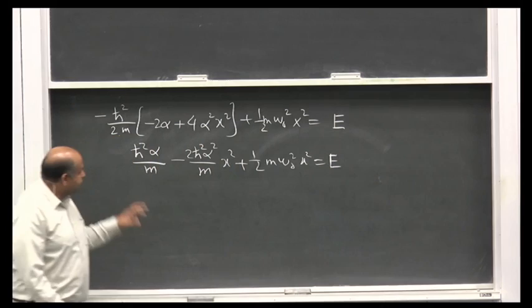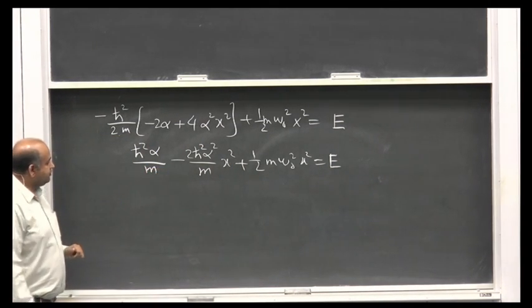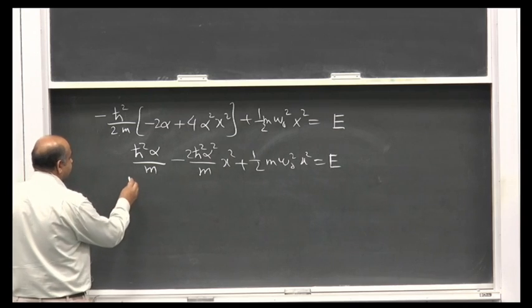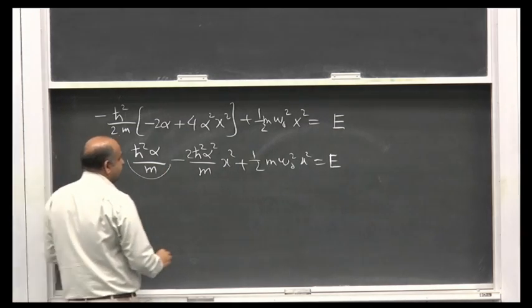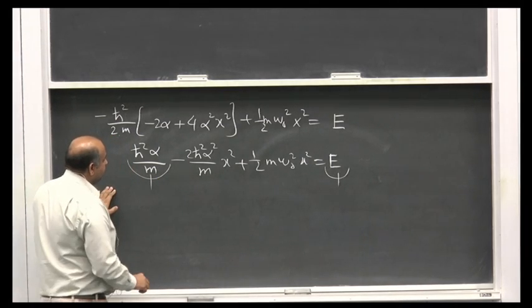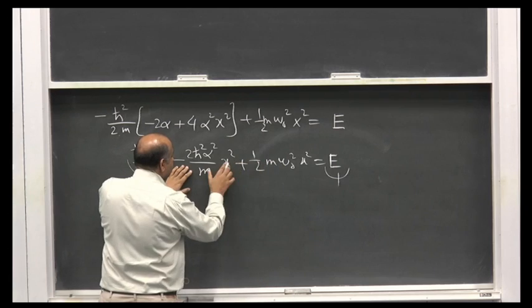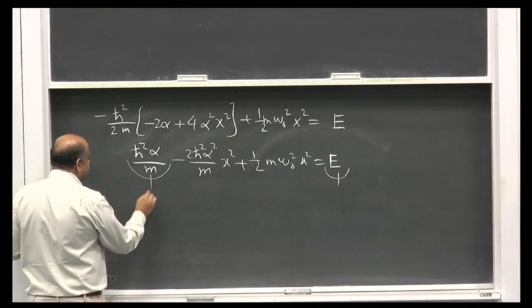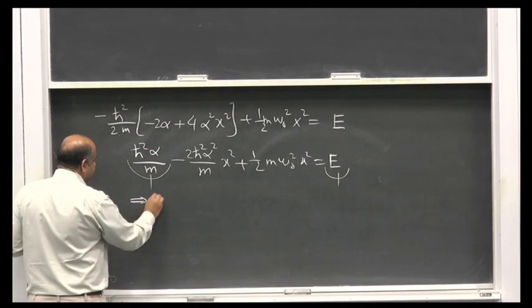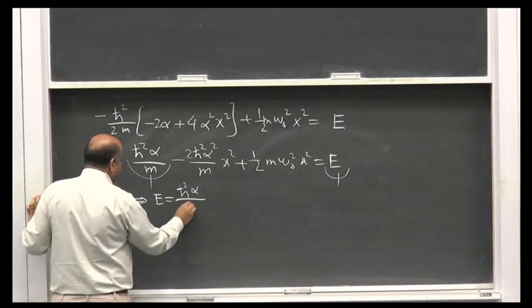Okay, so if this equation has to be satisfied, there is only one possibility, and that is that this constant should be equal to this constant, okay, and the sum of these two terms should add up to 0. So it means that we have E equal h का square alpha over m।